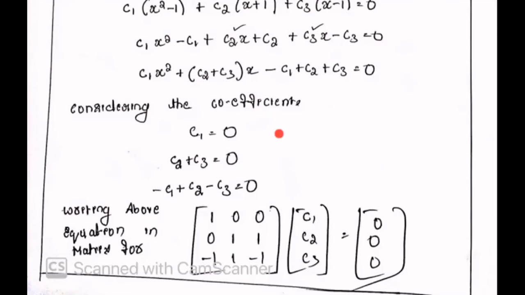So only consider this part and try to write in the matrix representation. In the first row, what you have is, in the first equation, only C1 is there. That's why 1, C2 is 0, C3 is 0. In the second equation, C1 is 0, C2 and C3 are there. So that's why I'm writing C1 0, C2 and C3. What are the coefficients? 1, 1 is there. So I'm writing 1, 1.